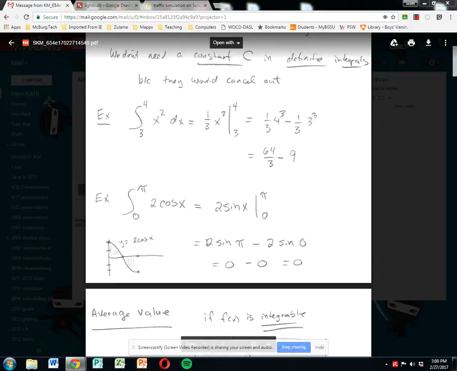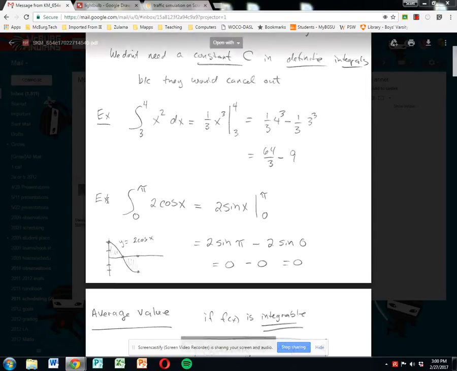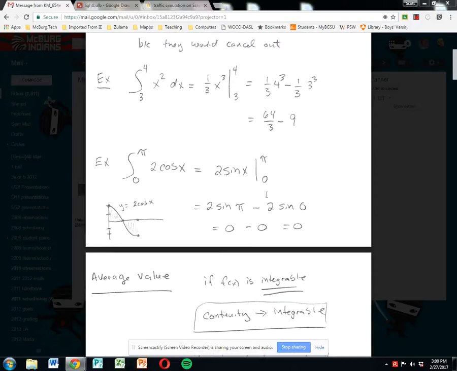A quick trig one would look like the following. If I went from 0 to pi of 2 cosine x, the antiderivative of 2 cosine x is 2 sine x. I can take this constant out front of the integral if I want to. And so that's evaluated from 0 to pi. So the first thing I do is put in pi: 2 sine pi minus 2 sine 0. In this particular case, sine of pi is 0, sine of 0 is 0, so I get 0 minus 0,